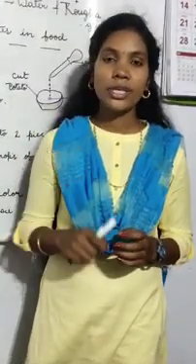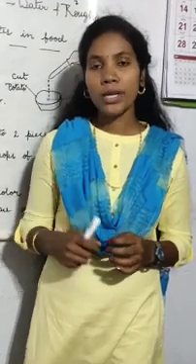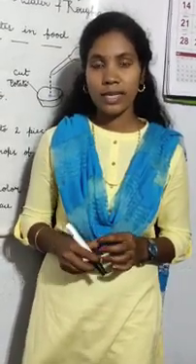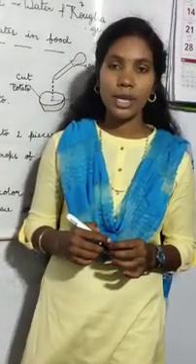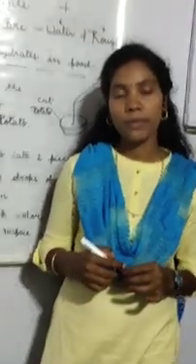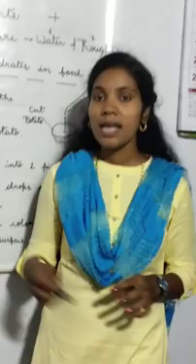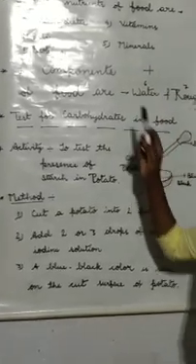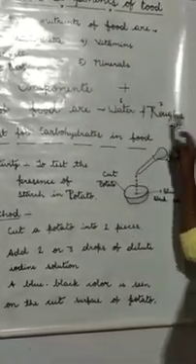In addition to these nutrients, water and roughage are also important parts of our food. Since they do not have any food value, they are not considered as nutrients. But when we speak about components of food, we include them too. So, there are 7 components of food: these 5 nutrients plus water and roughage.